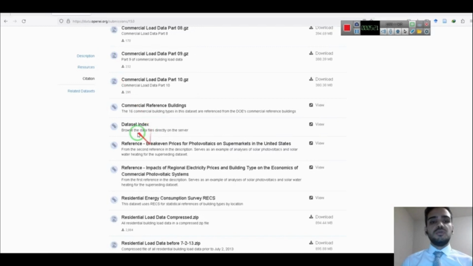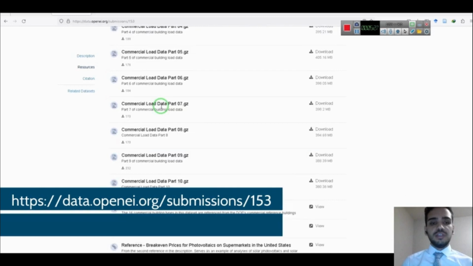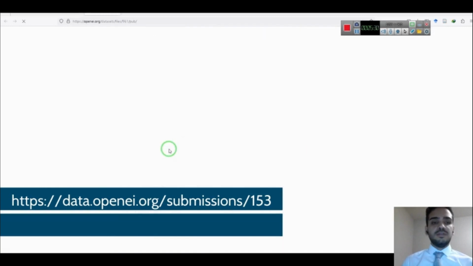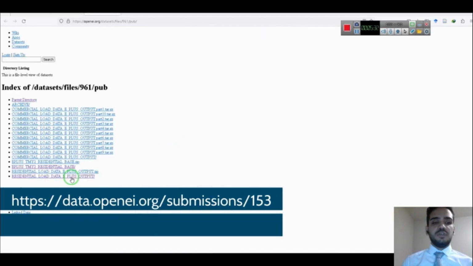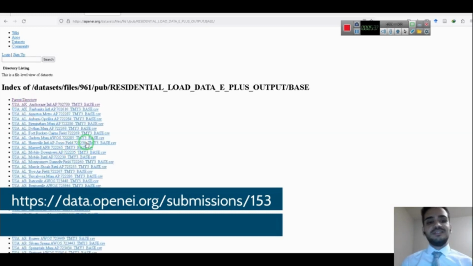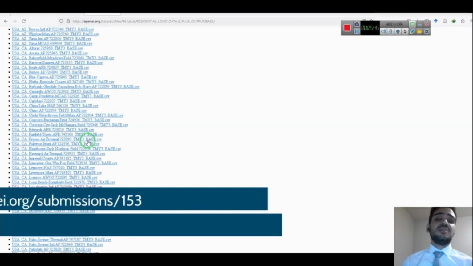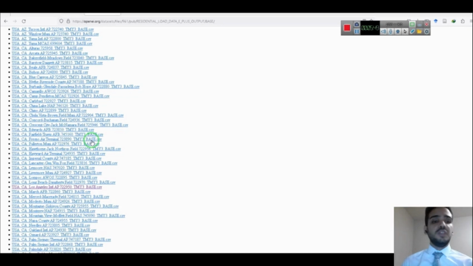Just go to this link and go to the dataset index, and the last option, which is for residential load, choose the base, and you can access the hourly electrical load data for different cities across the United States. Because our case study is Los Angeles in California, we need to download the data for Los Angeles.